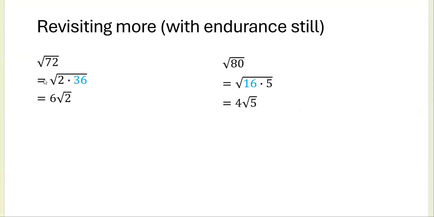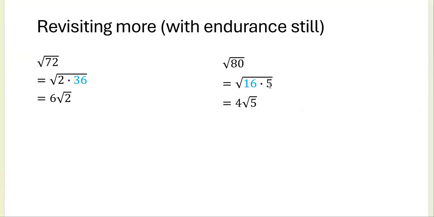For example, square root of 72. We can first do that it's 2 times 36. Oh, look, 36. Is that a perfect square of some number? It is. It is 6 squared, yeah? So it's 6 root 2. This is how we walk instead of crawl. We notice that this is a perfect square, so we immediately simplify from there. No more breaking it down anymore. So 6 root 2. Square root of 80, if we can think that this is 16 times 5